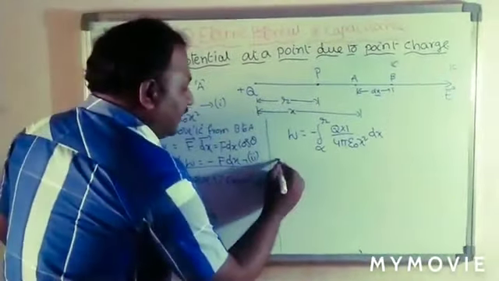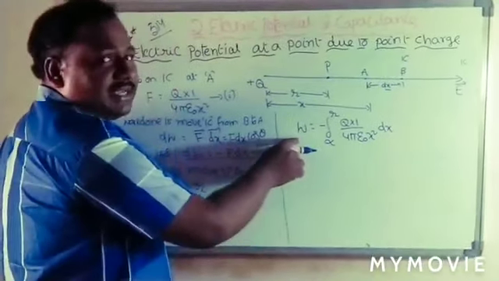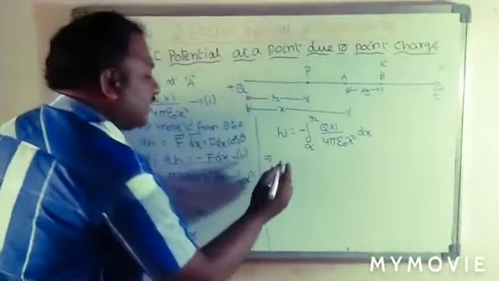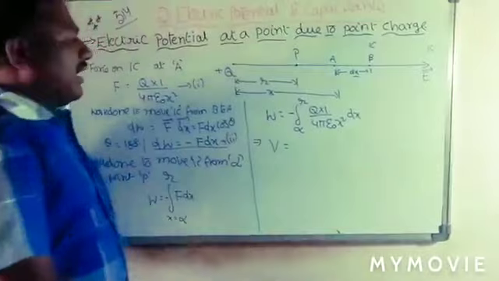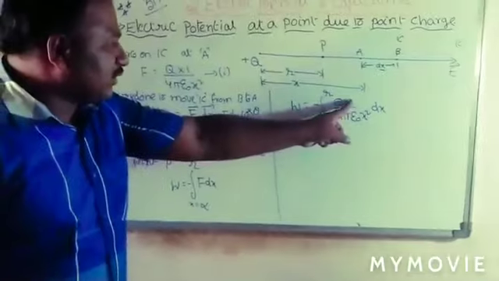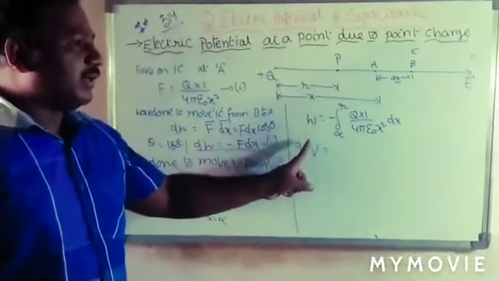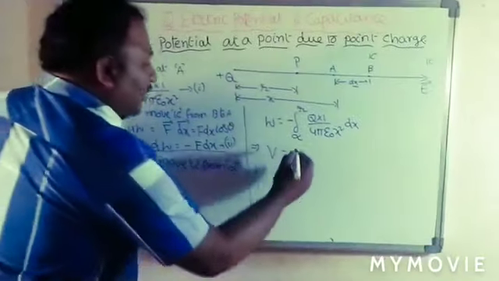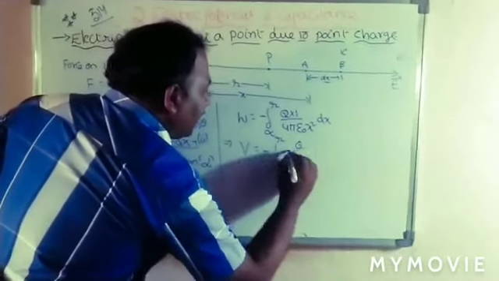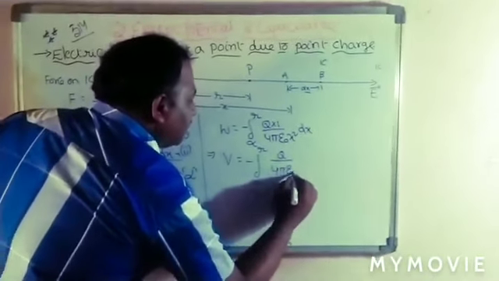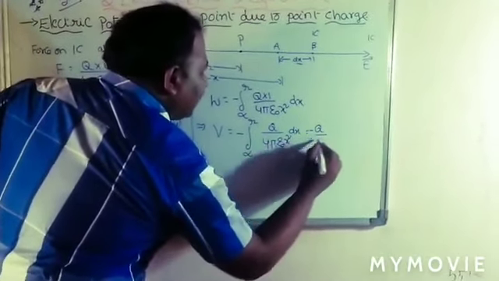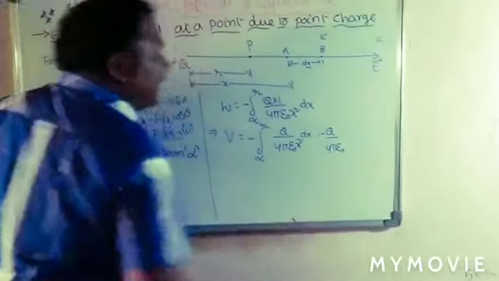Before going to apply integration, I take this 1 coulomb to the left hand side. This is written as W by 1 coulomb. Work done by 1 coulomb is nothing but potential. I already gave the definition: the potential is equal to work done per unit charge. I take this 1 coulomb charge to the left side. The work done by 1 coulomb charge is nothing but potential. Now this equation is integral infinity to R Q by 4 pi epsilon naught x square dx. In this, the minus is there, and Q by 4 pi epsilon naught is the constant.